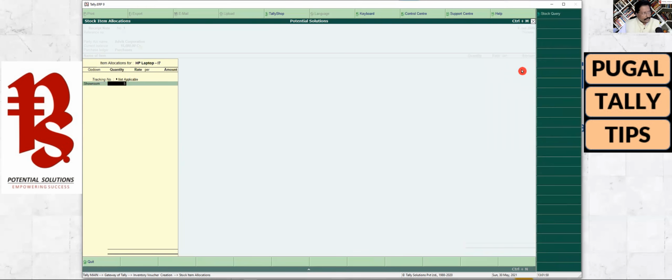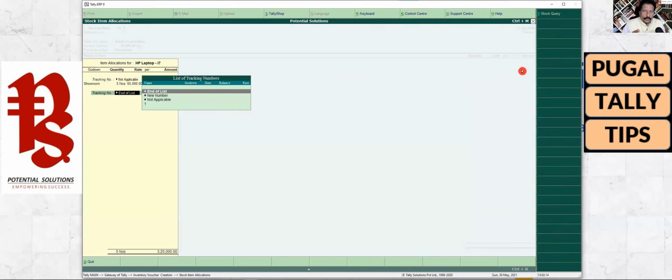Enter. I'm going to say 5 numbers, and by default, Tally is going to pick up your last purchase cost, which was there. If there is any change, you can go and change it. But you must be wondering why it is not showing in the delivery note for the first time. Because in the delivery note, you are going to decide the selling price, right? So the cost in any case, earlier you have purchased, so that is the cost it is going to populate.